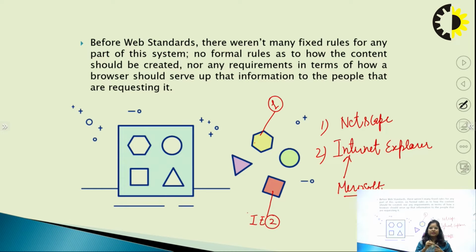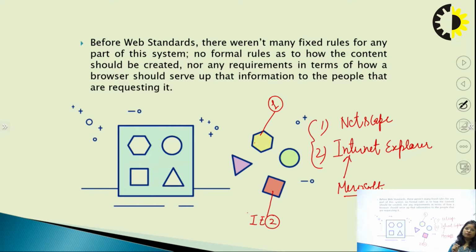If the customer wants to run his website on these two browsers, then the developer must develop two versions of the website. First version is able to run on Netscape browser, and second version is able to execute on Internet Explorer browser. So, this is the biggest drawback of previous browsers.